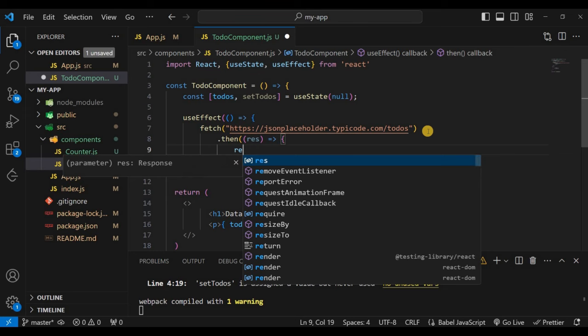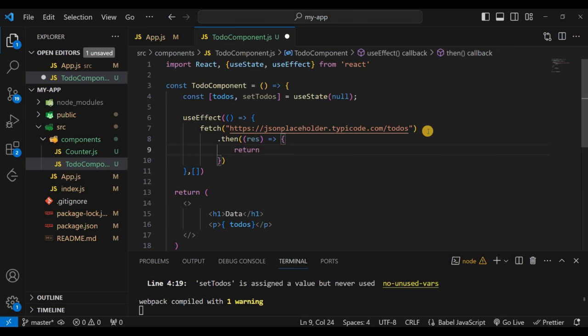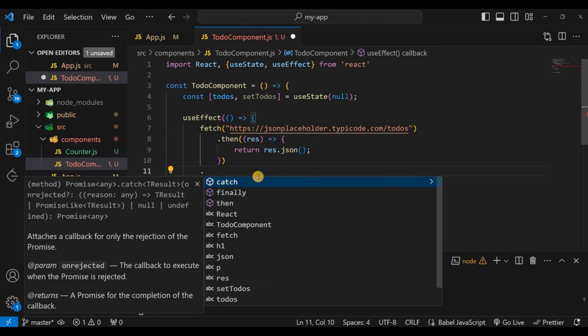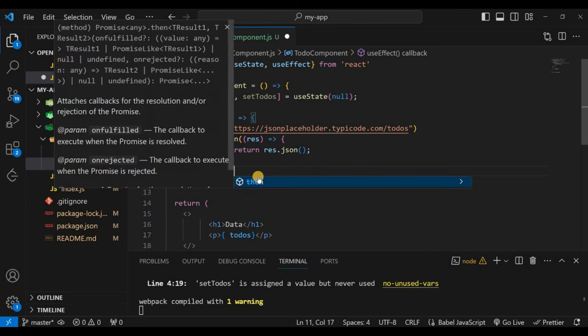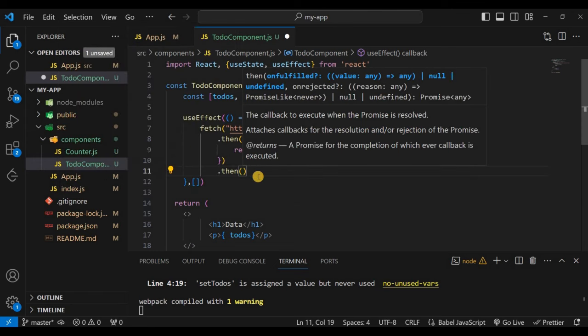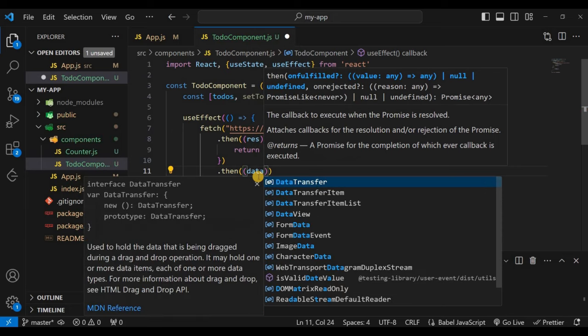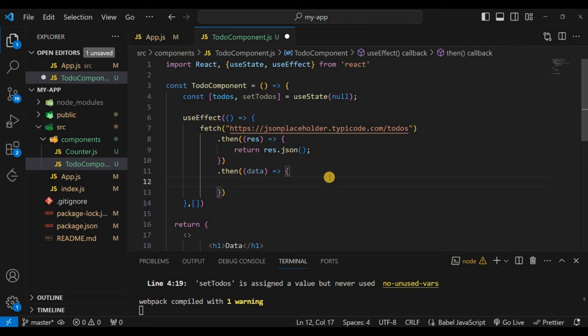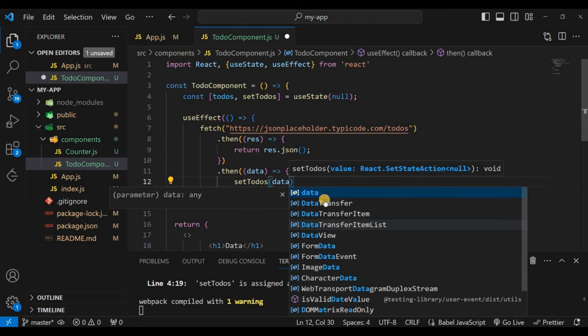रिस्पॉन्स को हम लोग रिटर्न करेंगे जेसन फॉर्मेट में। ओके, सो रिटर्न रिस्पॉन्स डॉट जेसन। सो रिस्पॉन्स तो आ गया, उसके बाद जो रिस्पॉन्स आया, जो डेटा आया, वो सेट टू डू स्टेट में हम लोगों को सेव करना है, टू डूज को अपडेट करना है। तो कैसे अपडेट करेंगे, तो उसके लिए और एक देन लिखेंगे। तो इसके अंदर कोई भी एक वेरिएबल लिख दो, सपोज डेटा, और इसके अंदर हम लोग स्टेट को सेट करेंगे। तो सेट टू डूज, और इसके अंदर डेटा जाएगा।